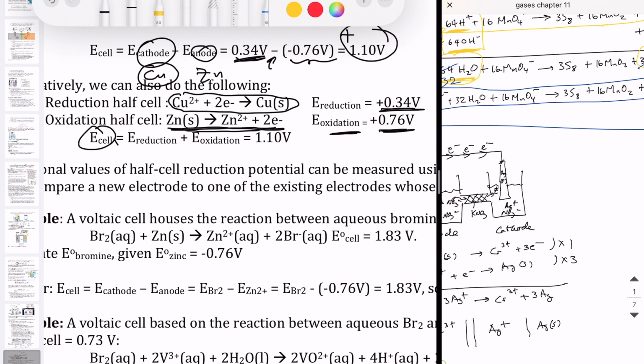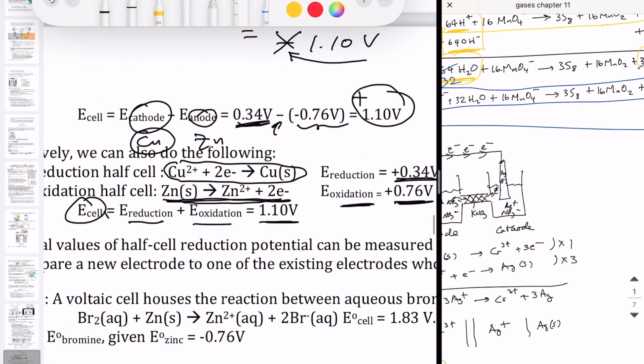Our E cell in this case would just be the E reduction plus the E oxidation, and that's going to be 1.1 volts. So you see that we get the same exact answer either way, but both of those answers tell us that zinc has to be oxidized, it has to be on the anode, copper has to be reduced, it has to be on the cathode, okay? So whether you use this method of calculating the E cell or this method of calculating the E cell,